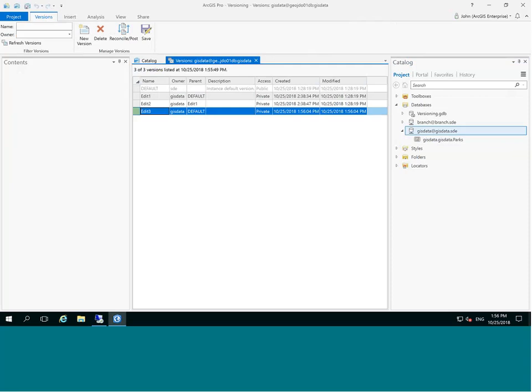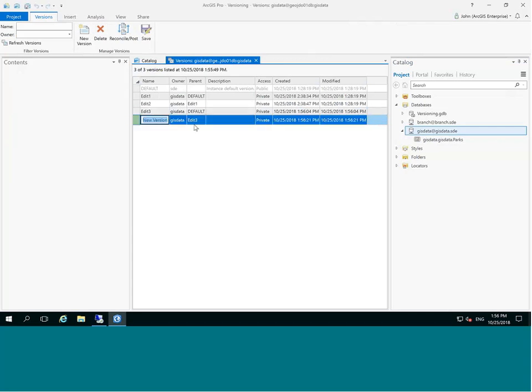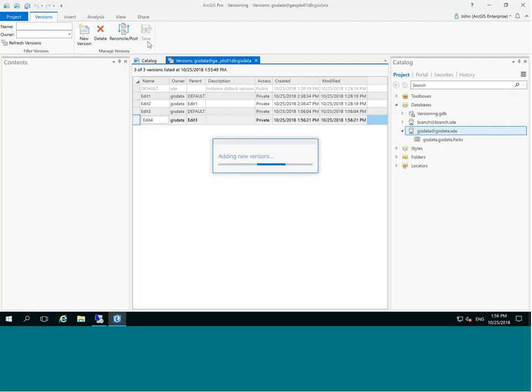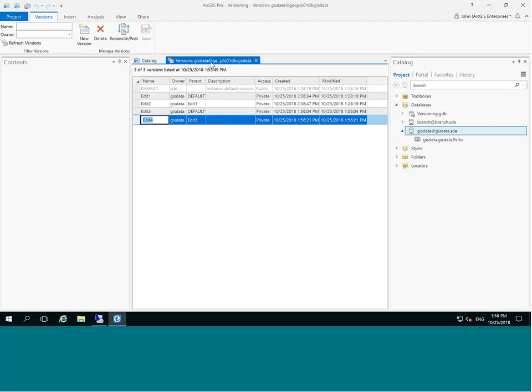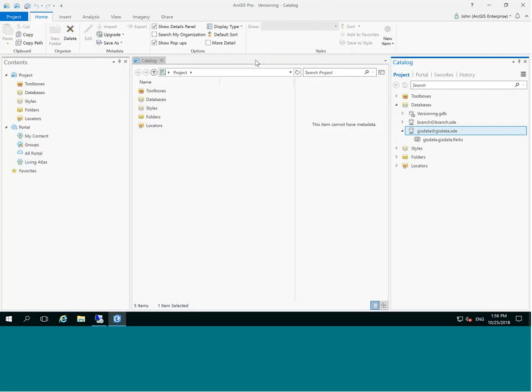Alternatively, I can click on a child version. I'm going to just save that. I can click on a child version, select new, and now what I've done is created a child of that particular version. What we're going to see in branch versioning is the parent is always going to be default. So I'll show you editing in a bit, but right now let's actually get to setting up branch versioning,